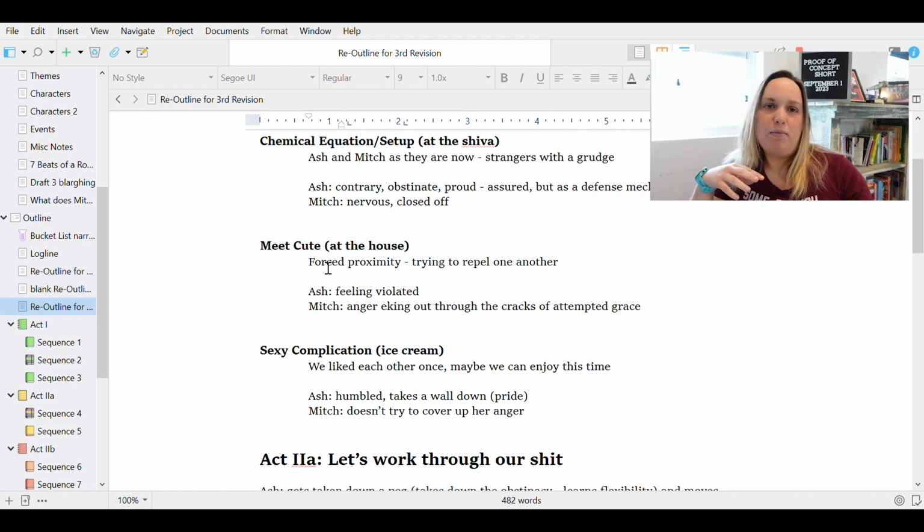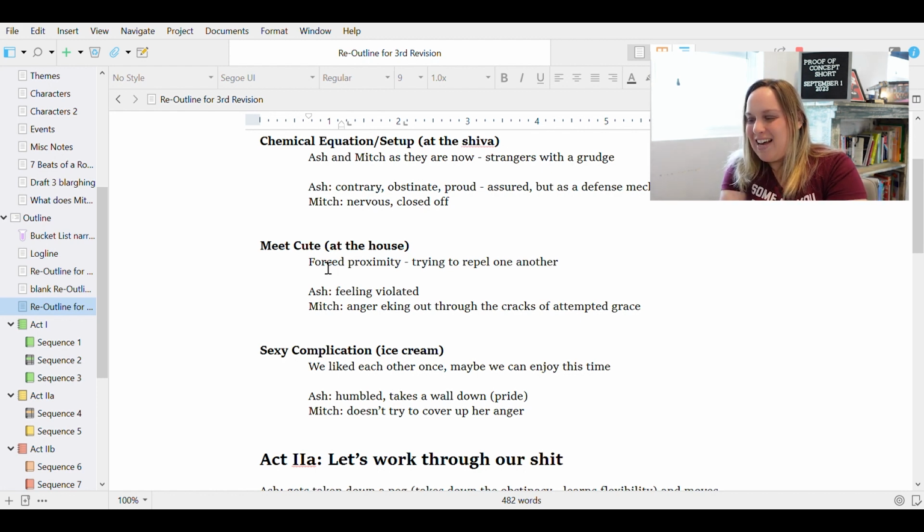Ash and Mitch here are from Los Angeles, but a lot of what Mitch is doing is based off of me having grown up in the Midwest. And if you need to just be neutral about something, if you don't want to talk to anybody, the best thing to do is to just be polite, fake being fine, and then find a place to get your anger out where it's safe and quiet and away from the judgment of people. And so that's kind of Mitch, except she doesn't have as much of that Midwestern repression practice like I do. I'm not very great at it anymore, having lived in LA for like a decade, but